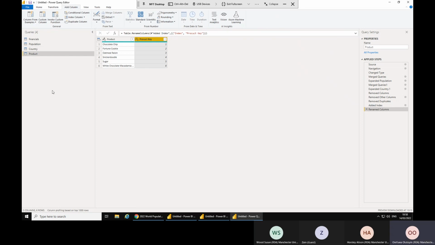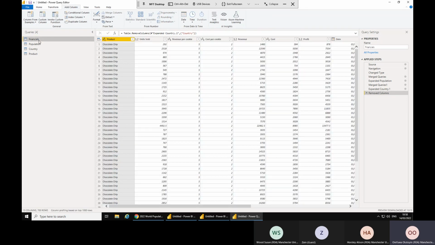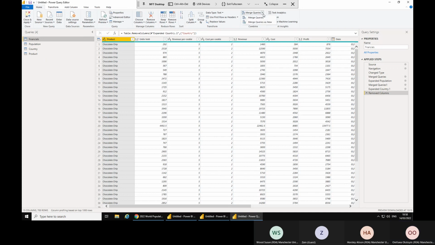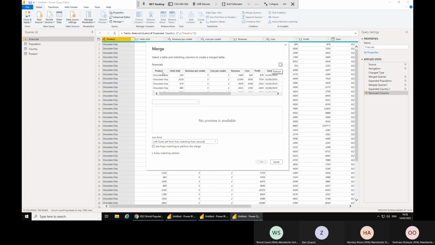All right. So what do we do here? We go back to our fact table, which is our main table, because we want to remove the product column. So we go home, we merge the query. The query that we're going to merge now is the new product table and the product column. All right, again, matches 700 rows. And if you click OK,